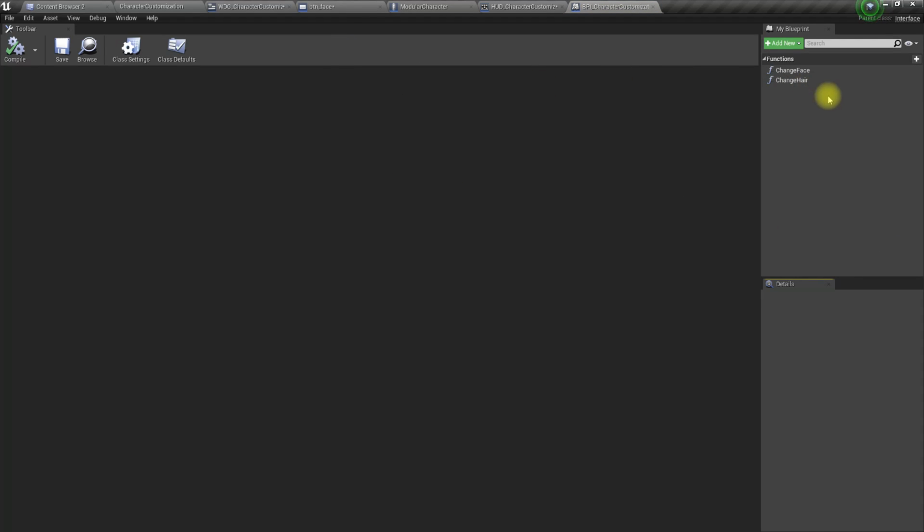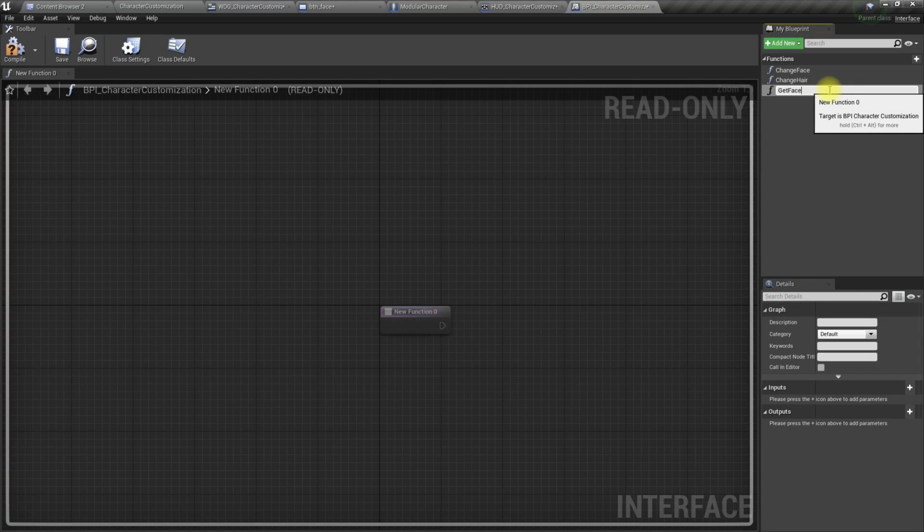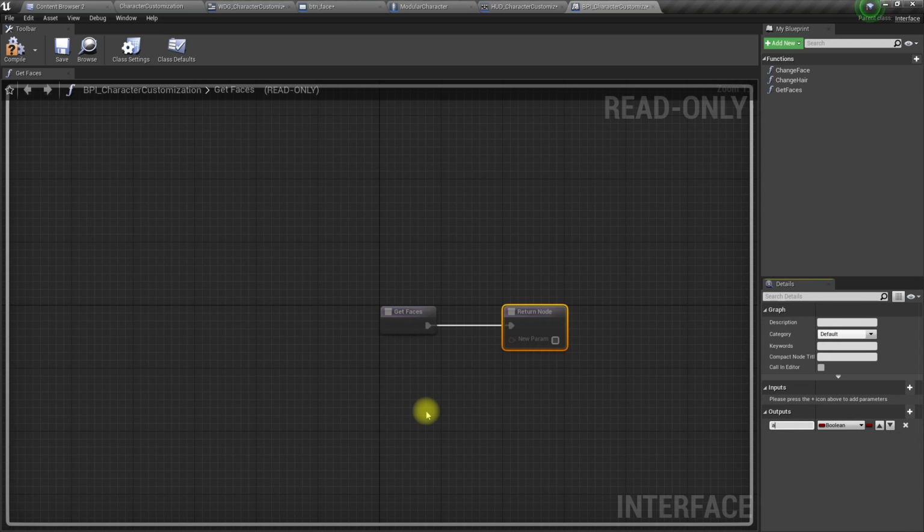Okay, this implements character customization. Here I'll add a function to get faces. It should return faces. Like this. No, instead of get faces, let's say get options, so later on we can return hair and face and colors, things like that as well. So first faces